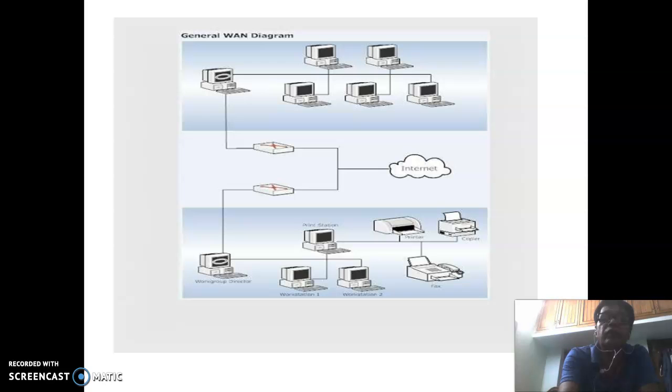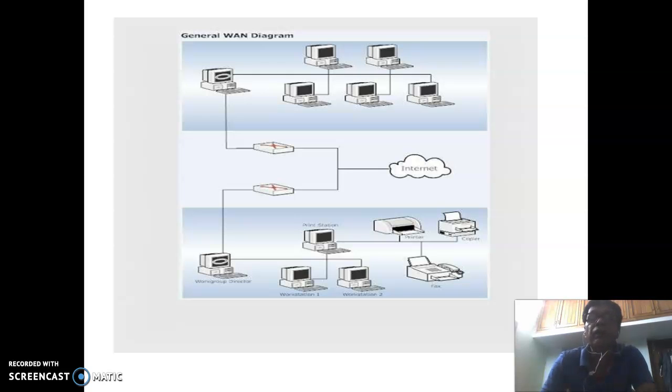So this is one type of bus connection, and this is another type of connection, and the whole connection can be covered by this internet. So a wide area network is beneficial to cover a wide area. Even from one country to another country, we can share information through the internet.